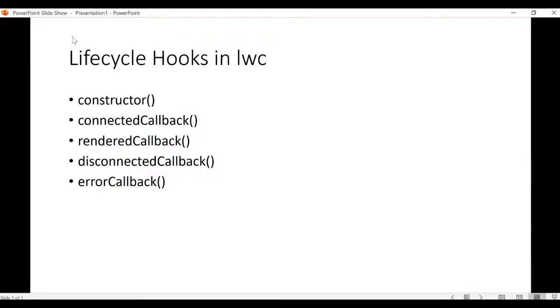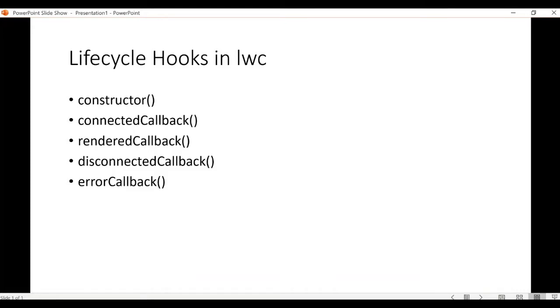So just to recap, constructor will be called when the component is created, and it is mandatory to call super, which establishes the prototype chain for the value of this. Connected callback is called when the component is inserted into the DOM, and this can be called multiple times in our lifecycle, because whenever the component or element is inserted into the DOM, this will be executed.